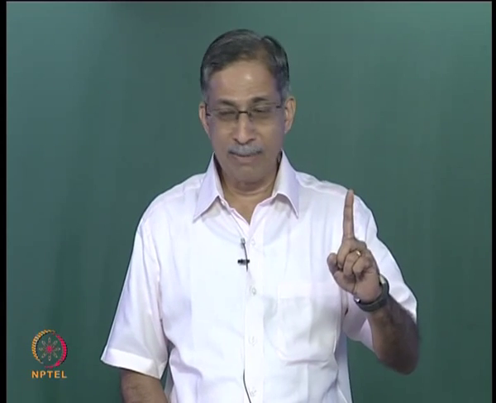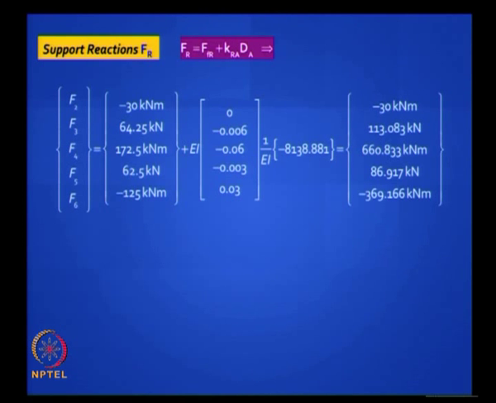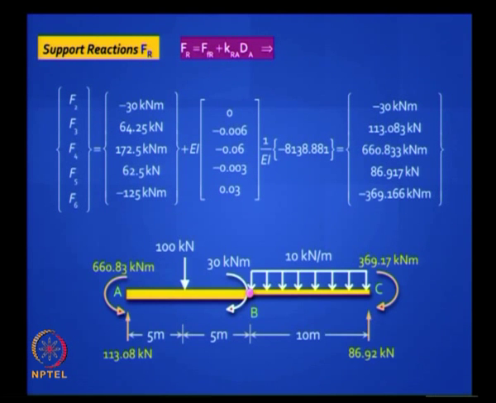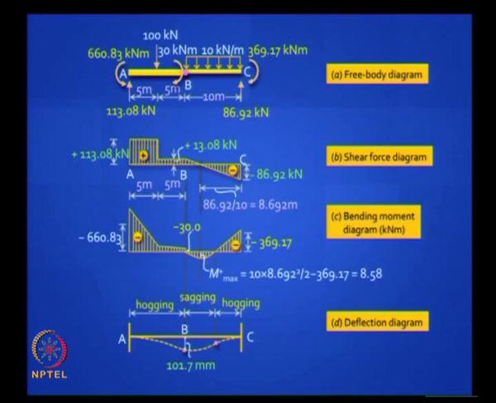Find Ka, it is now 1 by 1, earlier it was 2 by 2, invert Ka, solve the first equation, your unknown displacement comes, a huge displacement because of that internal hinge, you have 102 mm. Find the fixed end forces, you will correctly get the answers, and write down your support reactions, see if they satisfy equilibrium, find out your member forces, element end, same formula, everything follows nicely, and draw your diagrams.